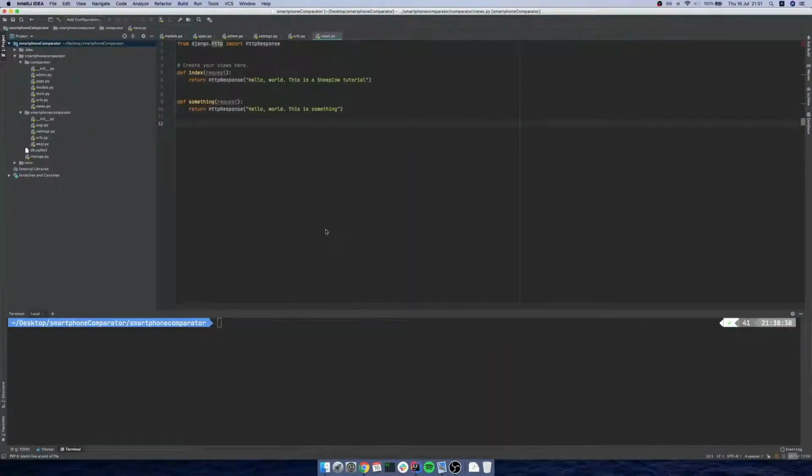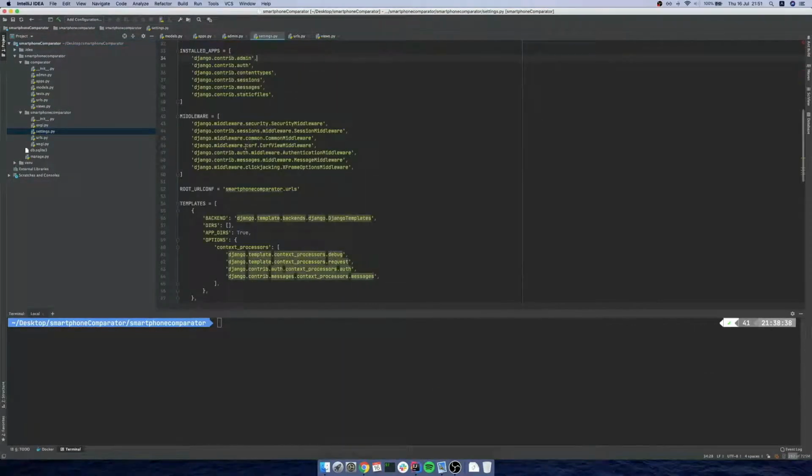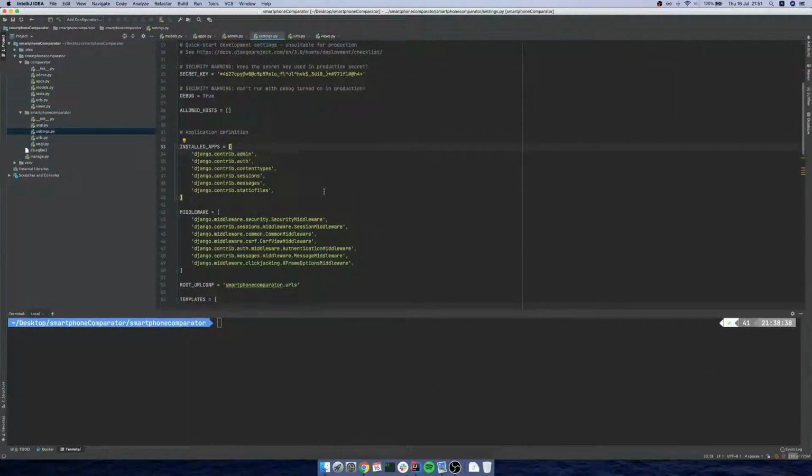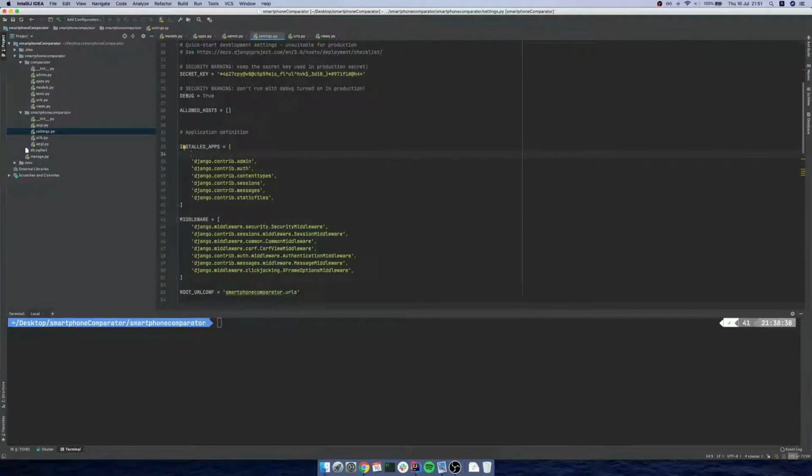First of all, I want to tell you something that we missed in session 1. And that, my friends, is that we created a new app, but we forgot to add it to the installed apps. So we need to do that right now. As you know, our app is called Comparator. So just add comparator.apps.comparator